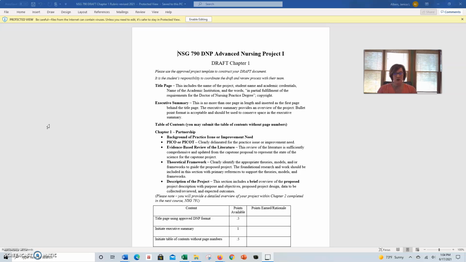So it's giving you your number 1, just to reiterate, needs to be the foundation for how you're going to structure your actual project. So we need to know what the evidence says about your practice issue or improvement that you're seeking to work on as your project. So in chapter 1, we're looking at those key factors as far as the background and the significance of the issue. So we're also wanting to look at your PICO